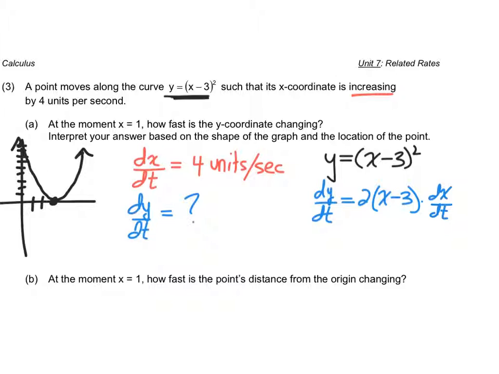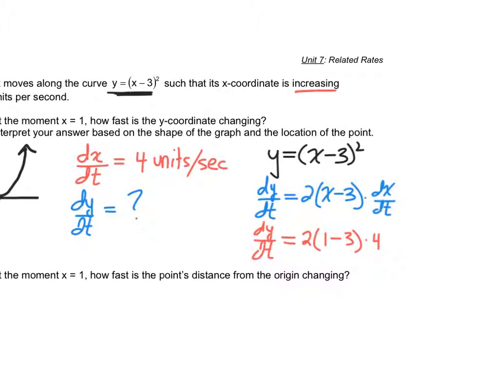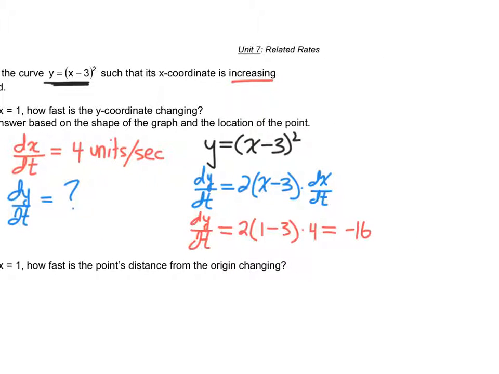All right. So I'm going to take a look at that and just make sure I have everything I need. I'm looking for dy/dt. They gave me an x. They also gave me a dx/dt. So I have all the ingredients to just plug and chug at this point. All right. So dy/dt is equal to 2 times 1 minus 3 times 4, that's going to give us negative 16. All right, my units there, same units as x, they're both linear. So units